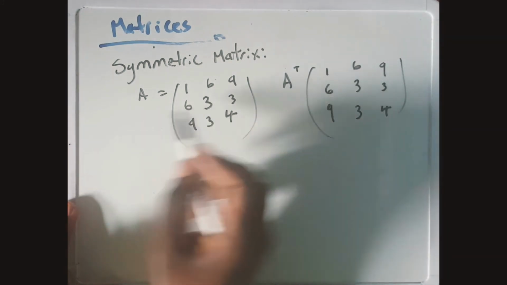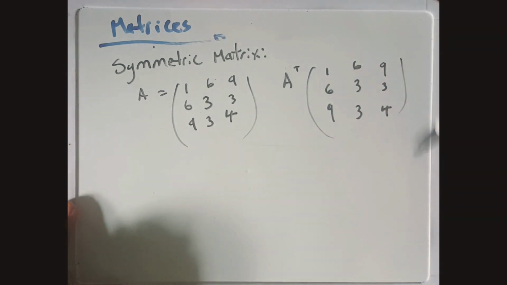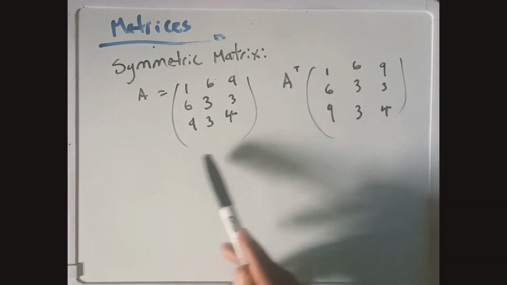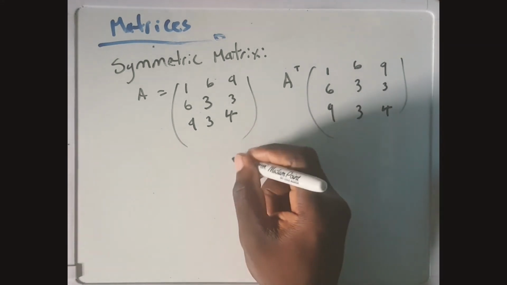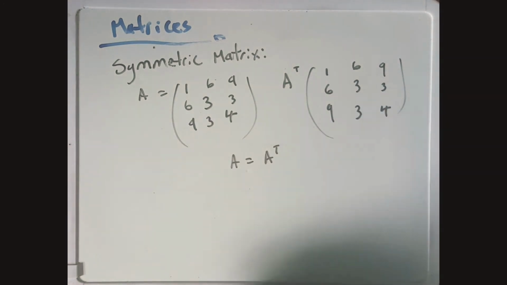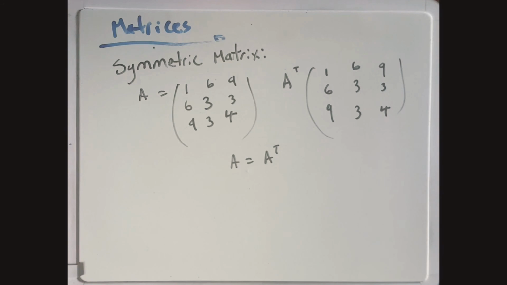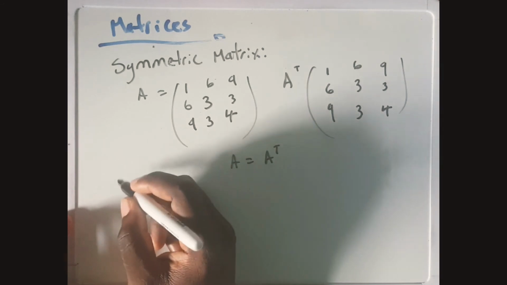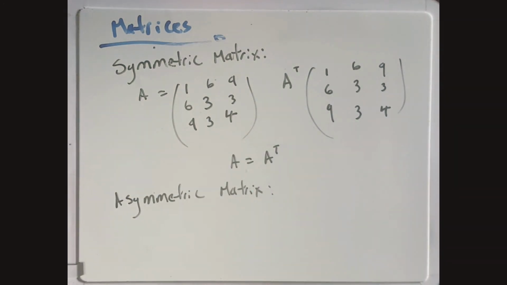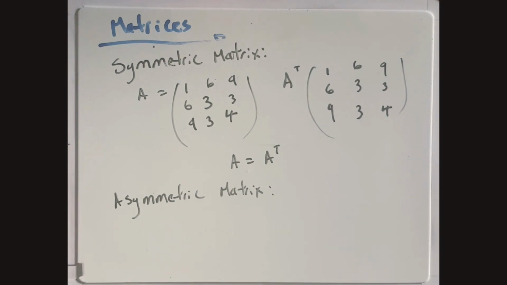So all my rows are changed to columns, and that is what we call a symmetric matrix. When you transpose it, your matrices are equal. So my A is equal to my A transpose, and this makes this matrix symmetrical. Now for the last one, we have what we call the asymmetric, which is just the opposite of this, meaning